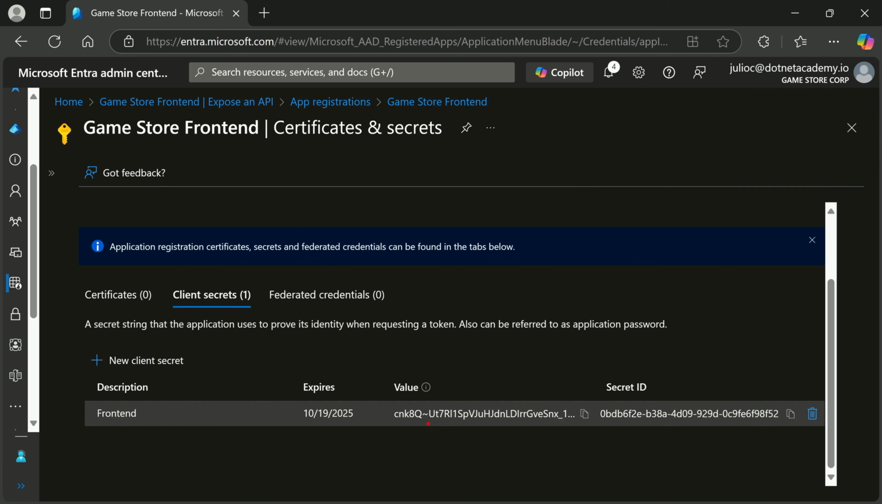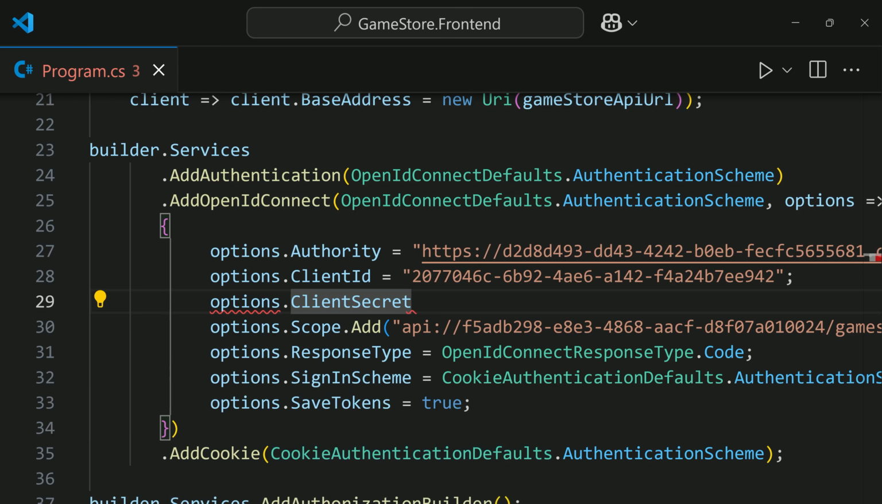Now the value for our secret is this one over here. And just be aware that as soon as you leave this screen, you will not be able to see this secret anymore. So it's a one-time thing. So make sure that you click over here to copy the secret value before you leave this screen. So I'll copy that, and then I'll get back into VS Code over here,